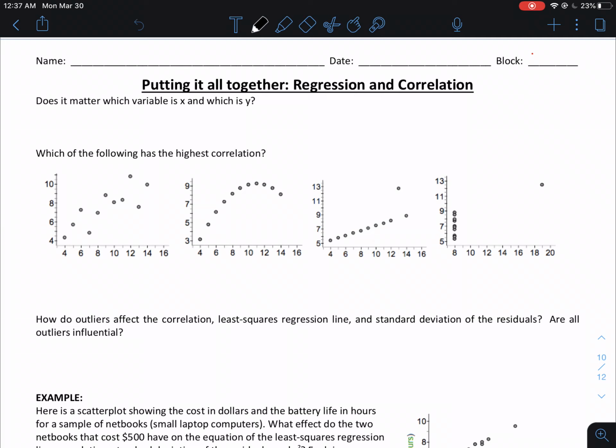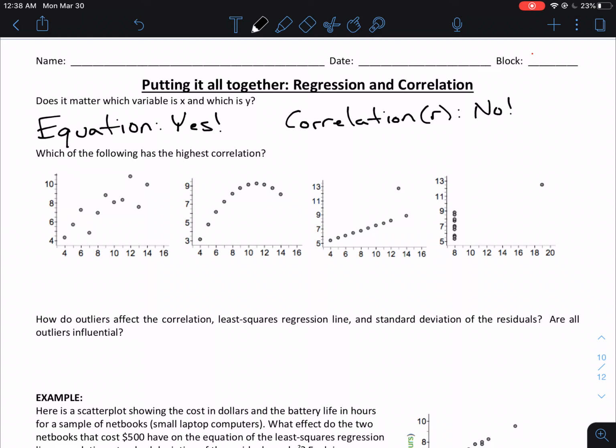So first question for this section: does it matter which variable is x and which one's y? The answer is kind of yes and no. If you think about it in terms of the equation, the answer is a definite yes. When you're looking at making your equation, it's very important what you make x and what you make y. As for the correlation, and I think we've already talked about this, as far as with r, the answer